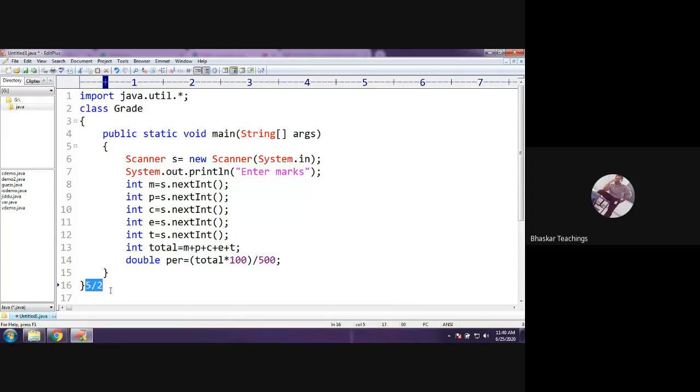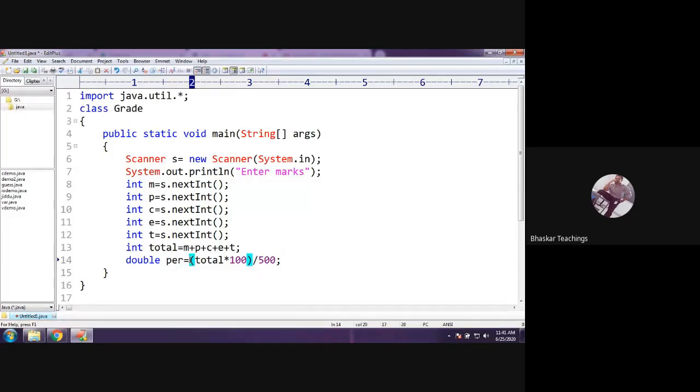Not 2.5, it is going to be 2 because integer by integer always gives integer. So even though the variable is double type, first the right side of the equals to operator is going to be executed, right? And this is going to produce an integer value, and the integer value will be stored in percentage as double format. If the person gets 73.3, it will be given 73 only, and this 73 will be stored in percentage as 73.0. So some part of the value is missing, right?